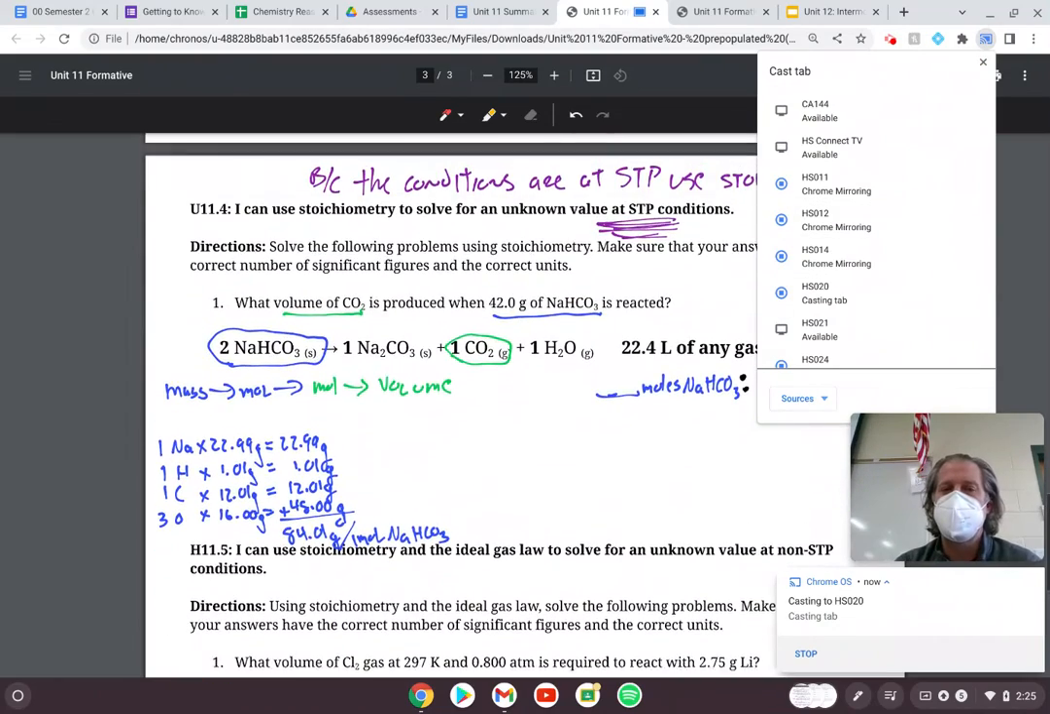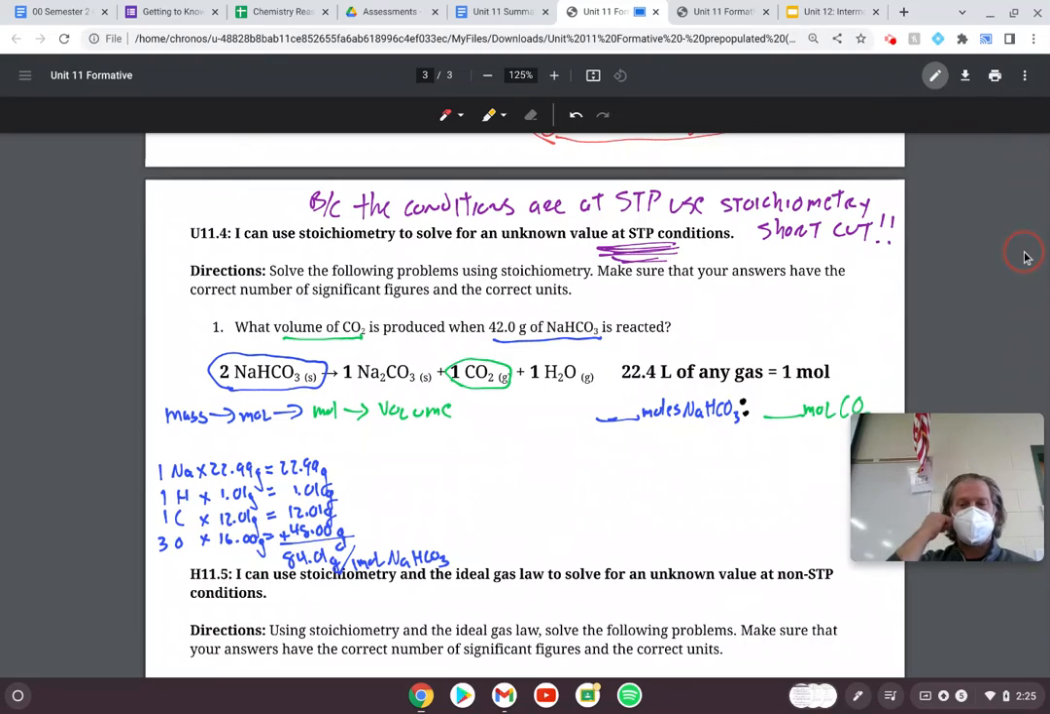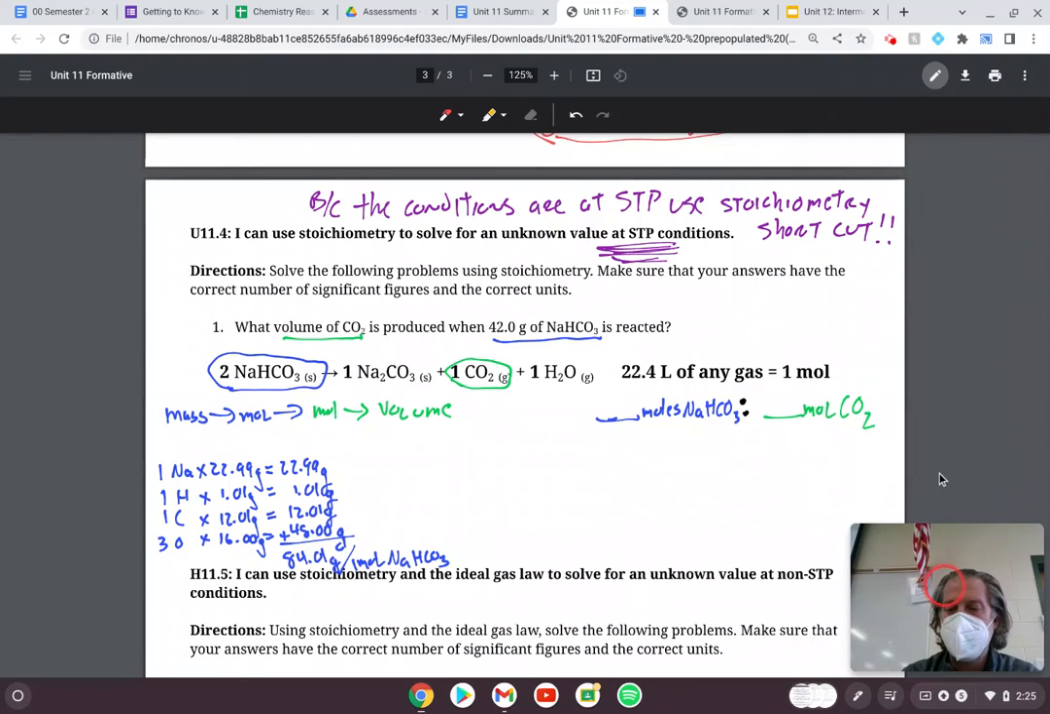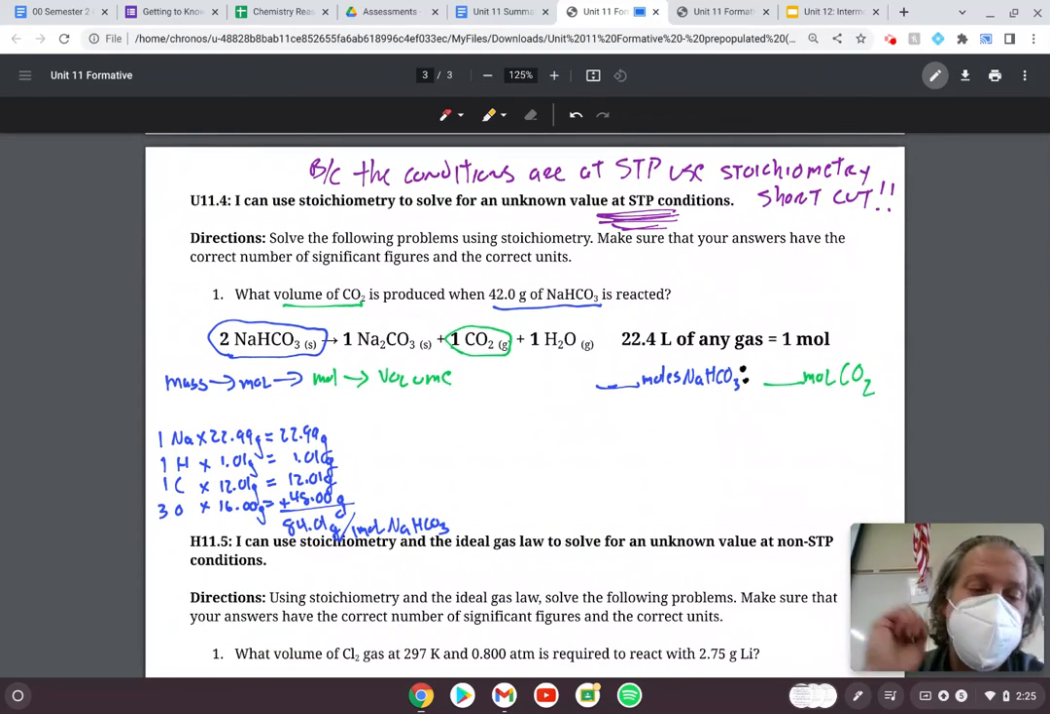Much better. Good catch. All right, so in this problem, because you are told that this is at STP conditions, we can use the stoichiometry shortcut, so we don't have to do this in multiple steps, although if a person really was feeling that, they could. I did a little bit of pre-work here to help us get through this one, but we are going to be converting mass of NaHCO3 to moles of NaHCO3 to moles of carbon dioxide CO2 to volume of carbon